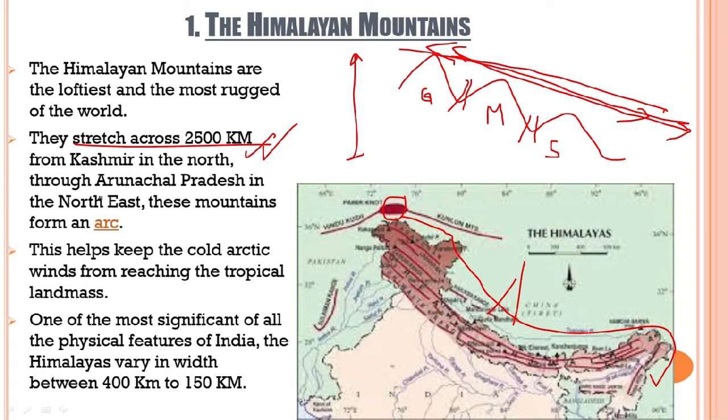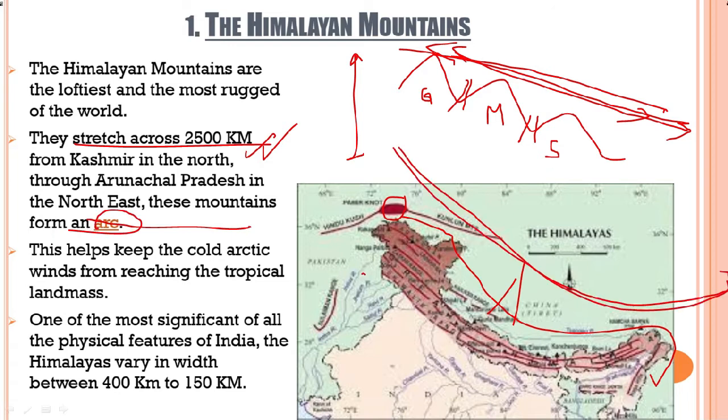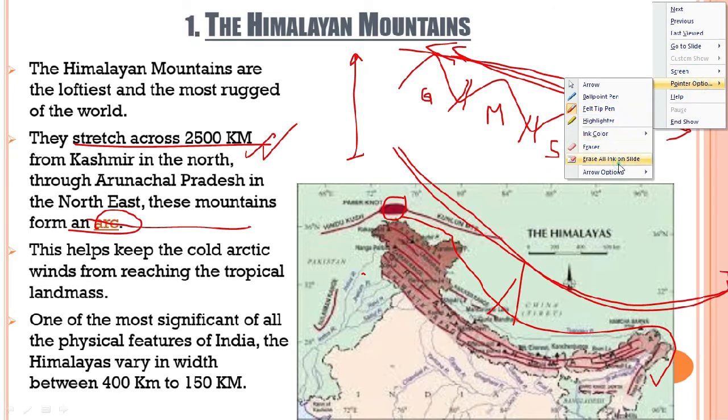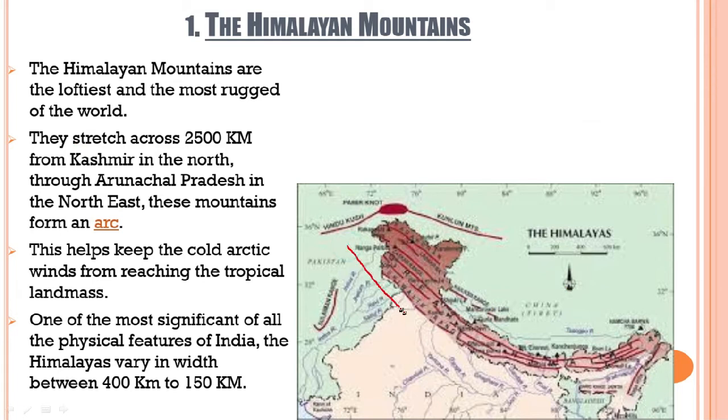Next, we saw that the shape of these mountains represents that of an arc. Clear? If I try to draw a line here and we try to find out the basic shape of the expanse, the stretch of the Himalayas, you can see a clear-cut crescent or a clear-cut arc. Clear? So that is what we come across and learn, that the shape of the Himalayas, in which they stretch from the Greater Himalayas to the Lesser Himalayas and the Shivaliks, plus from their stretch from Jammu Kashmir to the Purvanchal, this shape is known as an arc.